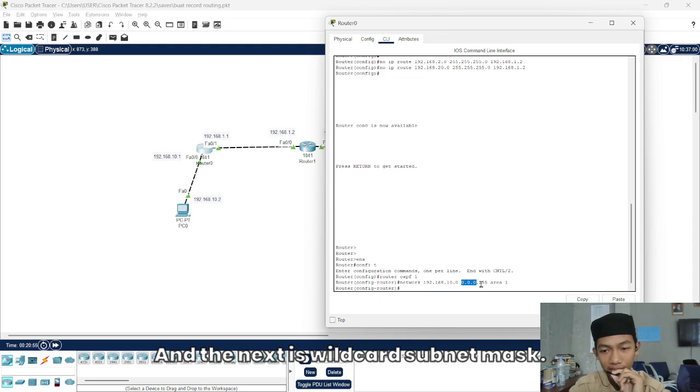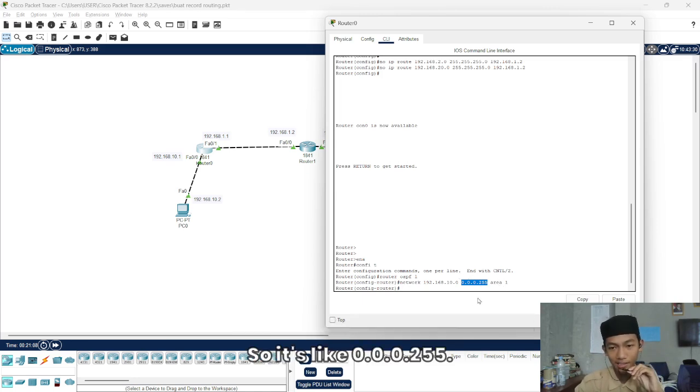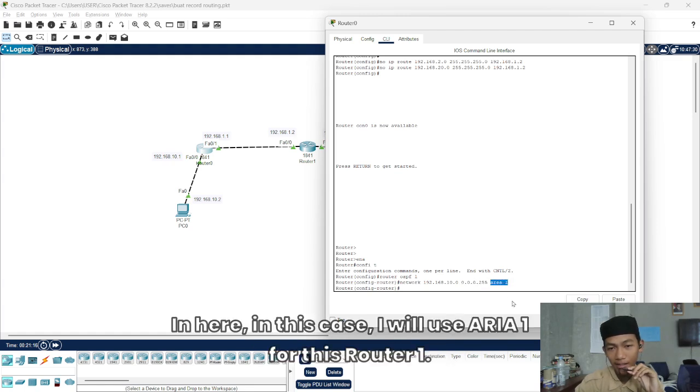The next is the wildcard mask, which is the reverse of the default subnet mask, so it's 0.0.0.255. And the next is the area. In this case, I will use area 1 for this router 1.